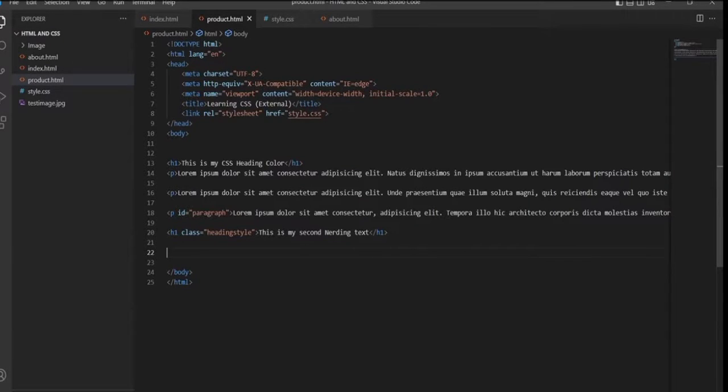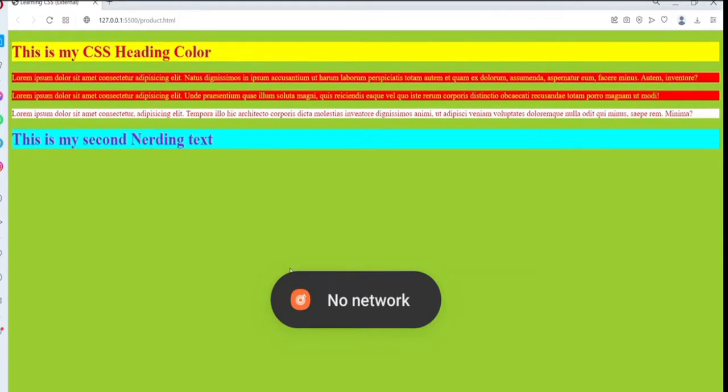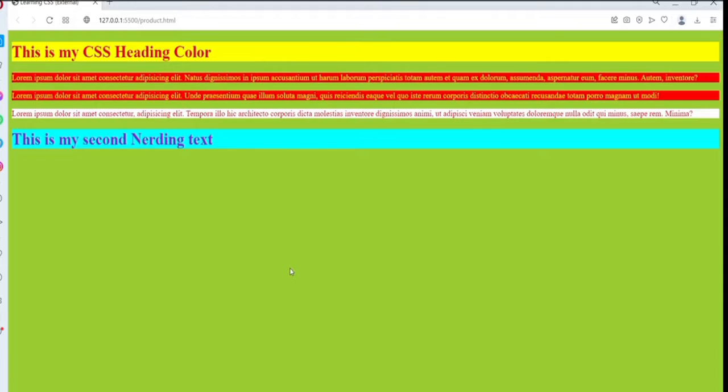Hello everyone. Right now we're going to learn about the background facts in CSS. So you can see here in our browser we applied yellow-green color for our background. But what will you do if you need to add some images on your background, or if you need to customize the background color for the text or for any other objects? This is what we are going to learn